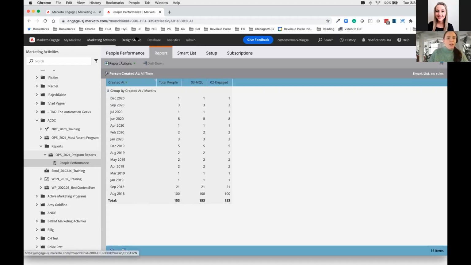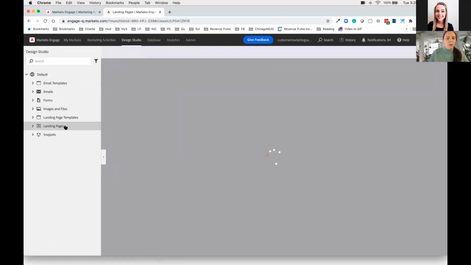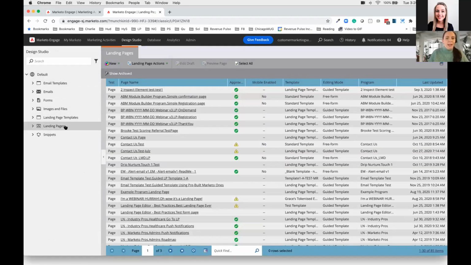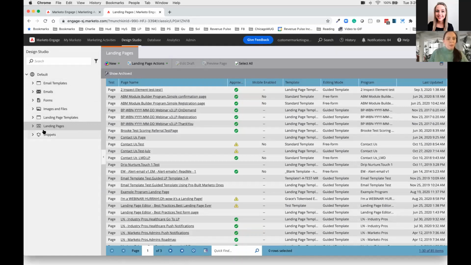The next thing we're going to jump in and look at, and this is something that I learned a number of years ago, but I think I had at least one really crazy process that I went through of trying to locate URLs before I discovered this. So what we're looking at now are landing pages, view in Design Studio, mass approval, and also search by URL. So a lot of people don't know that you can actually see all of your landing pages by clicking on the top level for this. Same is true with forms, email templates, all that kind of good stuff.